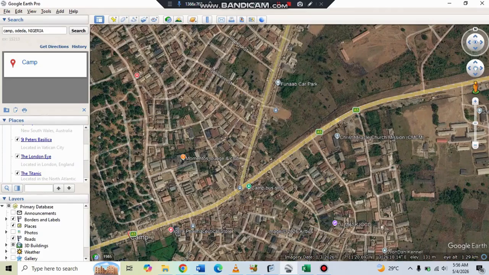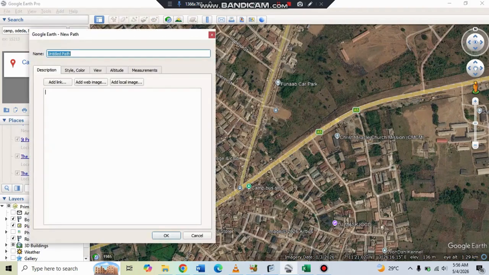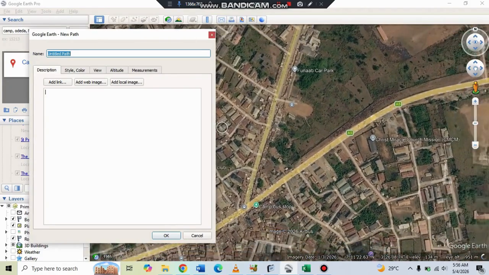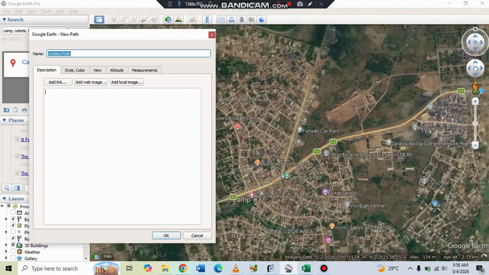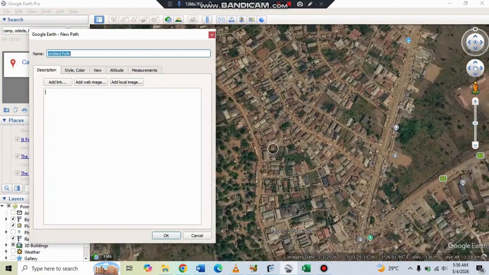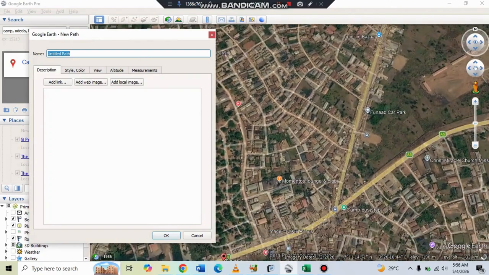So the first thing I'll do is that I'm going to create a route here, and that means I'll be making use of this feature, this one, which is called a new path. And so this is what we are going to do. Let's, so we're going to walk this way. So I'll start from the camp junction and I'll click, and then